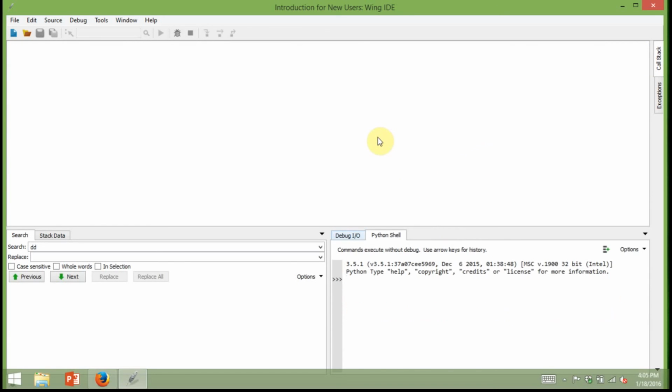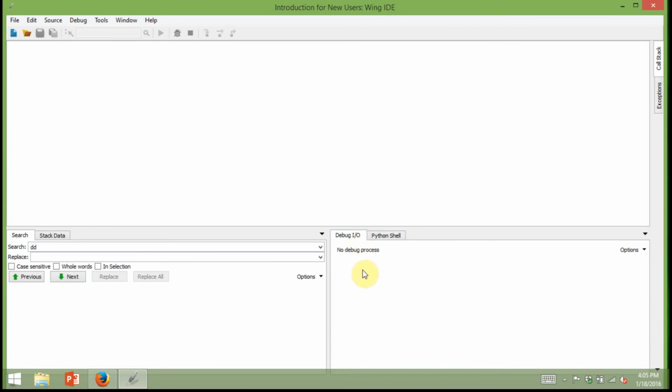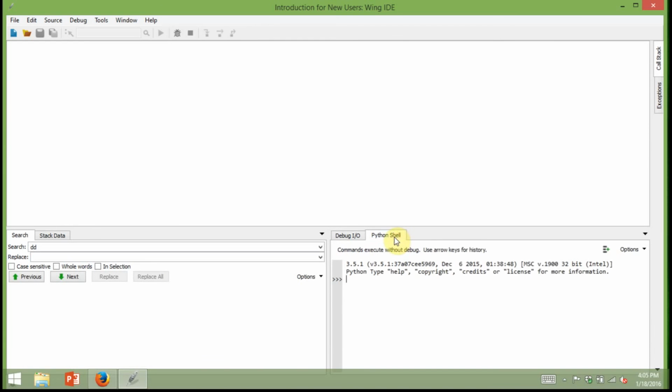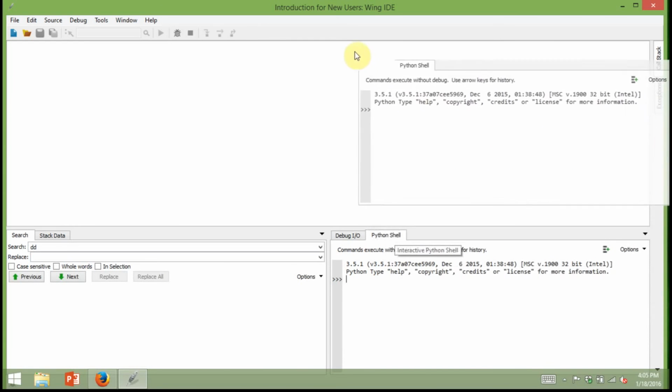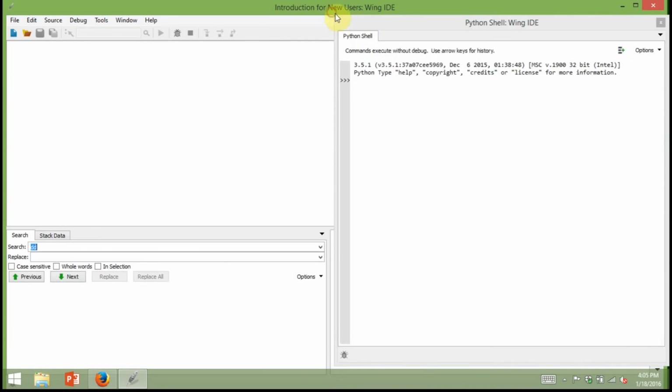Okay, so now that we've opened up Wing 101, I have one piece of advice. You don't have to do this, but I do find it useful. This is your installation. This is what it looks like after we've closed out that initial screen. If we select the other file right here, see where it says Python shell? If you click on this, you can drag it up here. And then if it's smaller than this, you can click on the bottom and then drag it down to this